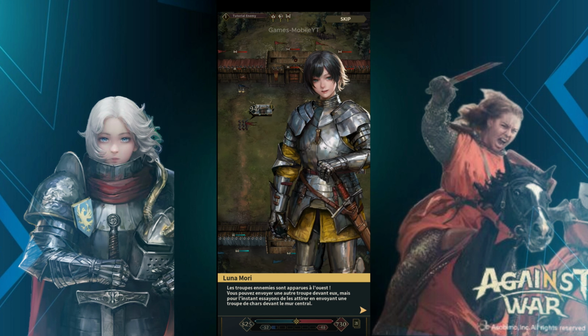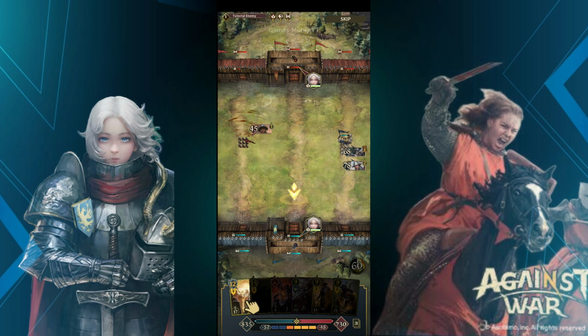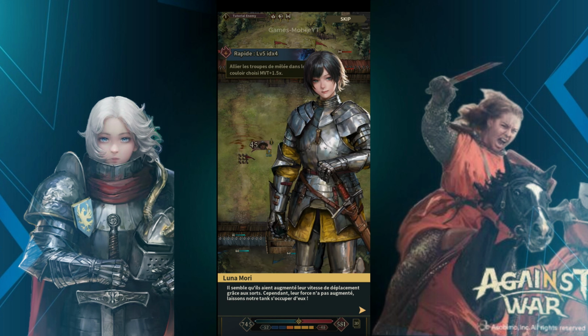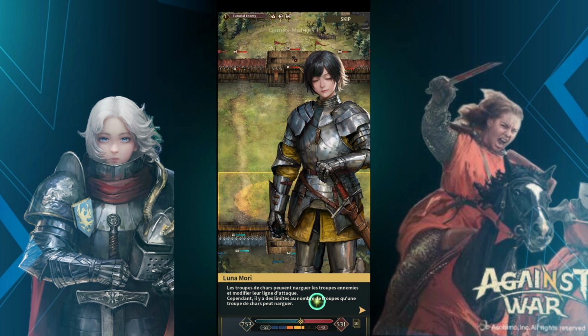Enemy troops have appeared on the west. You can send another troop in front of them, but for... It seems they have increased their movement speed with spells. However, their strength did not increase. Let's leave it up to our... Tank troops can...